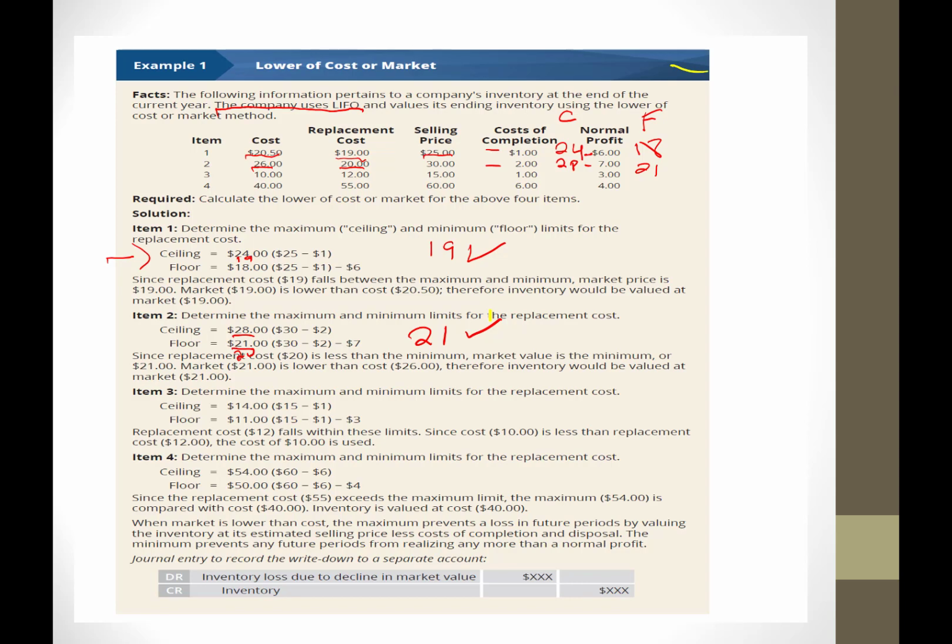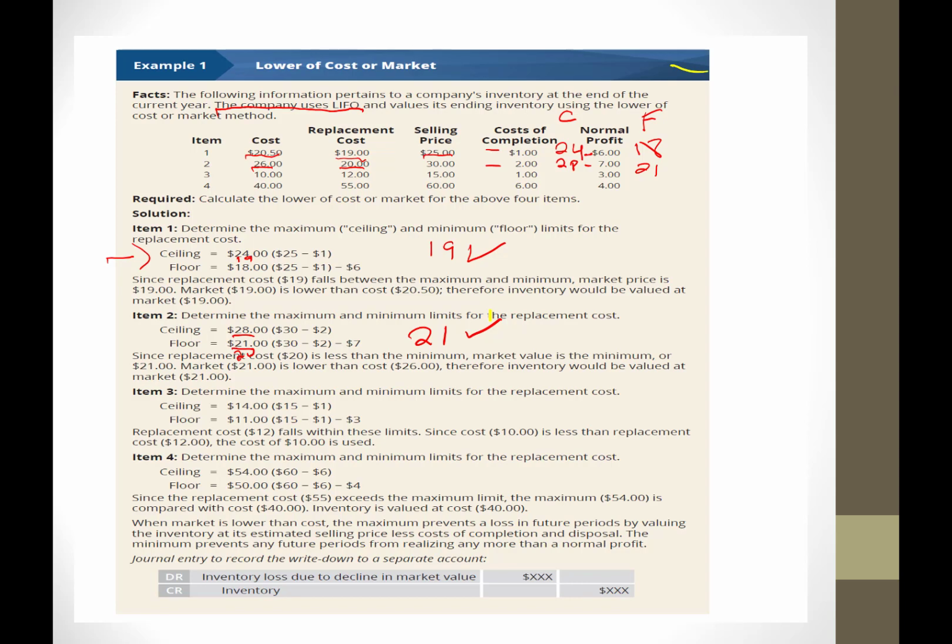Where would you get your replacement cost? You're probably, assuming you're doing something like this, you're in this business. So you're pretty much knowing what it costs to replace this. Okay. Now, we haven't done the cost flow assumptions yet. So what you're saying is your cost has been determined using LIFO, FIFO, weighted average, moving average, whatever you're using for your inventory method, that's where the cost is coming from.